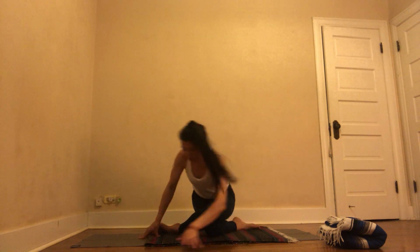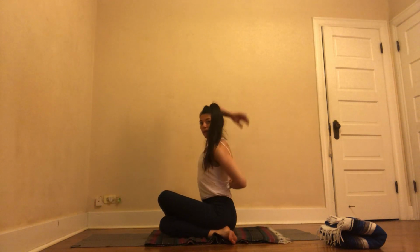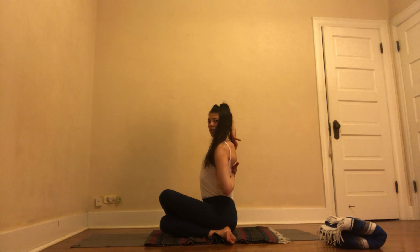Okay, so now left arm lifts, right arm down, and switch, and switch, and switch, and 2, 1. Now first side, and try to take the hands behind the back and maybe even touch the hands to each other. This is where, sorry you're all twisted up now, but if you can't touch the hands, a belt